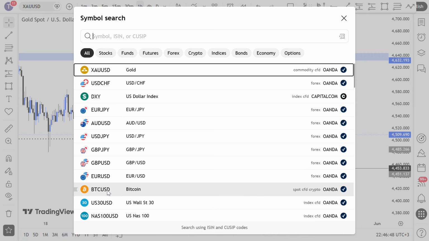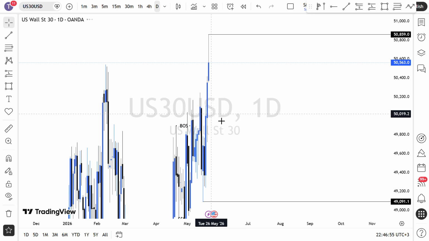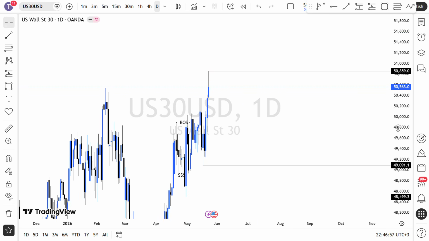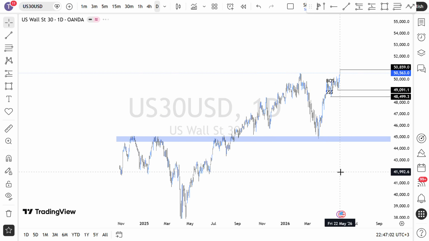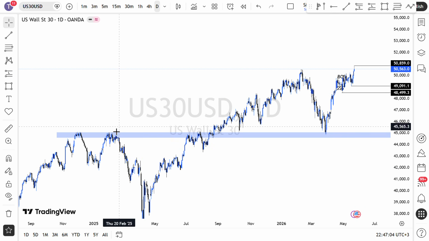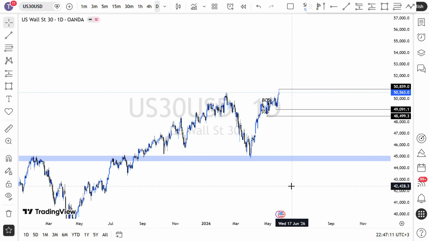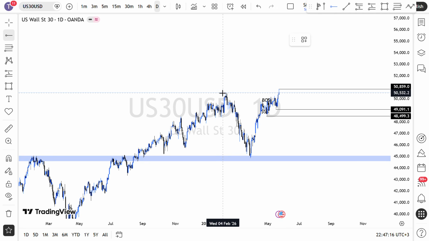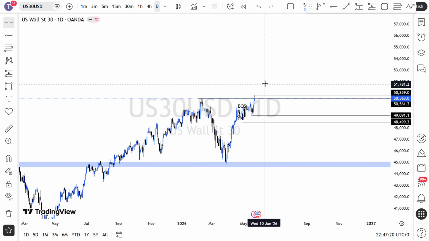So I also have US 30. So on US 30, if I come into the daily time frame, if I zoom out, you can see clearly that price went up. I had told you guys that price reacted from this support and resistance level, and we were targeting to take out this highs liquidity. So price has already taken out that highs liquidity,